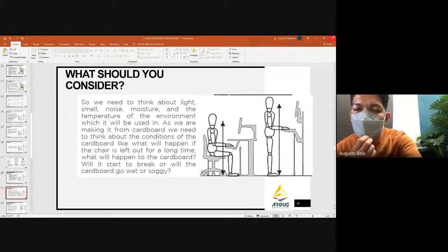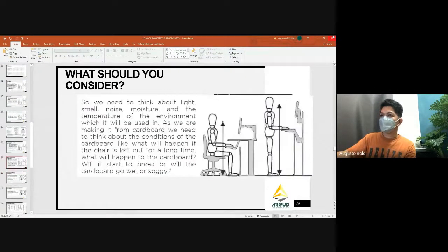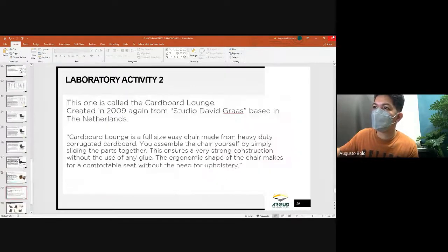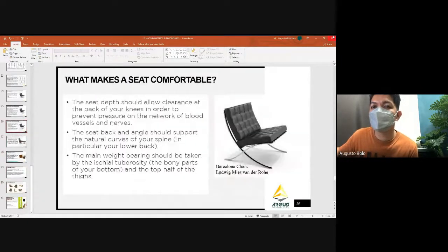Okay. May ginawa nang case study. Thank you so much, Andrea and Ina, Angela. So, yung binasa nyo is also an observation of a case study already. So I will be showing you a case study of a chair, how it is designed to fit the user. Okay? A particular chair definitely has, yung binasa nyo is pertaining to this one. Okay? Itong cardboard na to, laboratory activity. Basta babalikan natin siya later on. Okay? So, puntahan muna natin yung